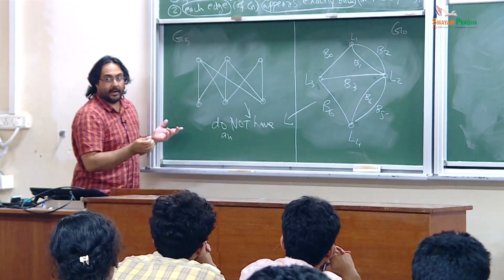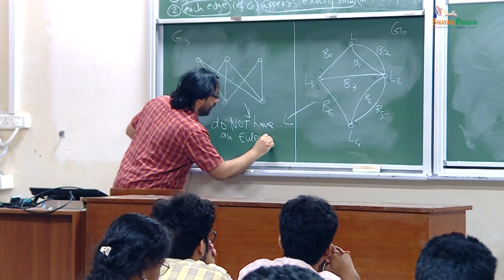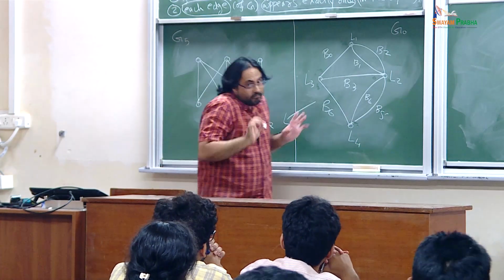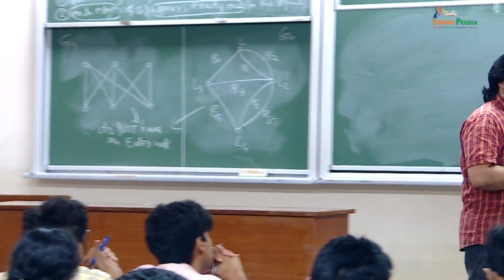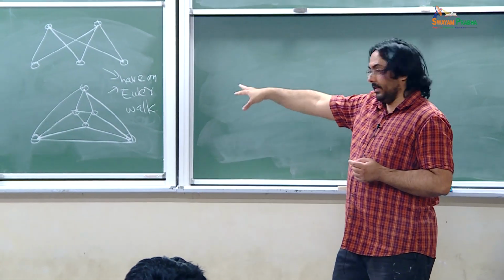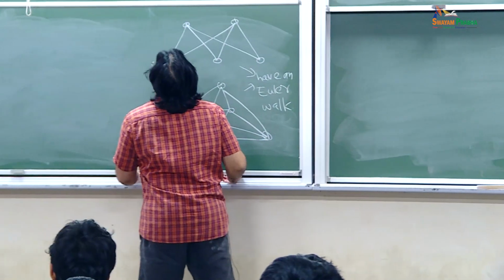Of course, just writing it doesn't make it true, right? I haven't convinced you, but it looks like you all have convinced yourselves for these examples. How you did that, I don't know, but you did it. So are you all convinced that these graphs do not have an Euler walk and these two have an Euler walk? So the general question is,